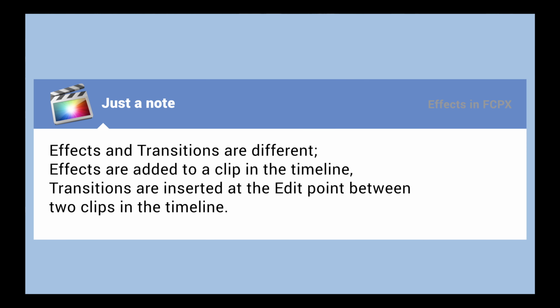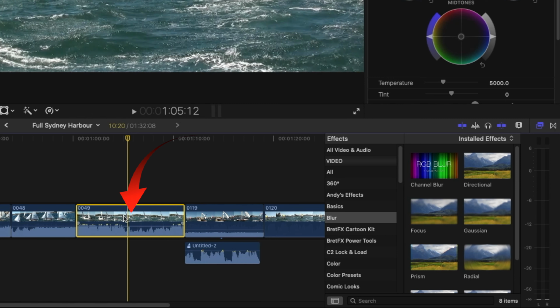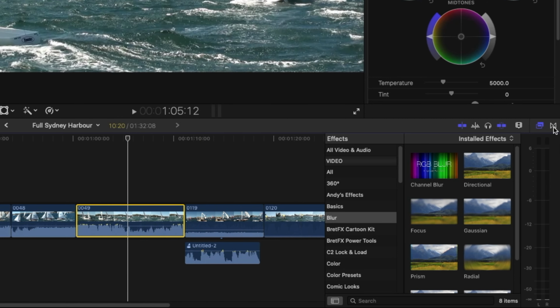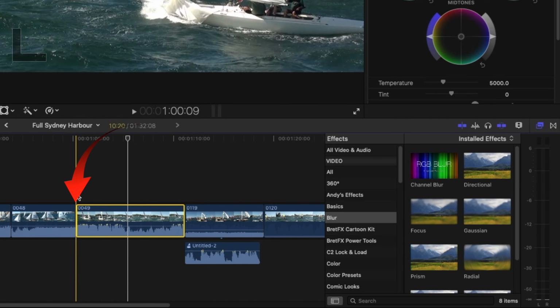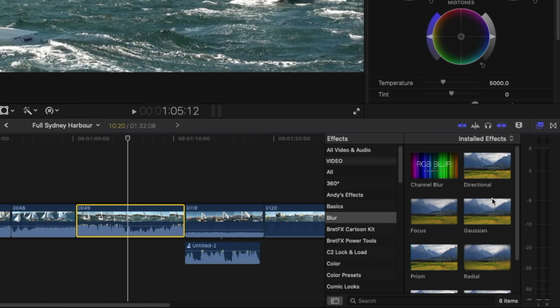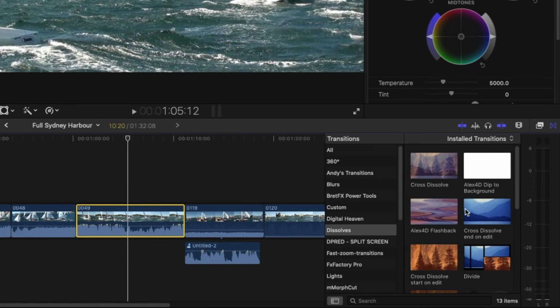I should mention at this point that the effects that you have in the effects tab are different to transitions that you have in the transitions tab. Effects are used within a clip, and transitions are used at an edit point, so that if I take a transition here and drag it over, it won't sit in the clip. It needs to go to an edit point.